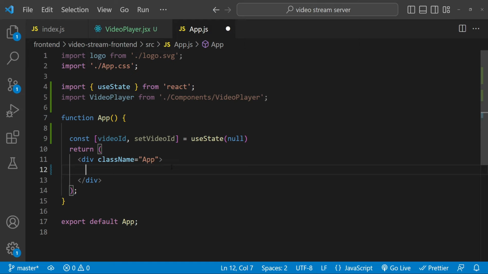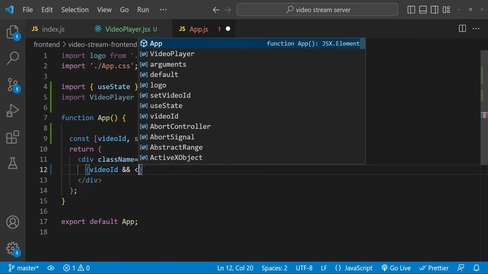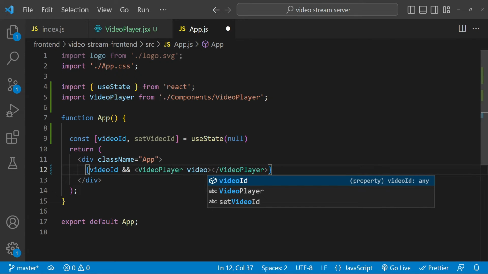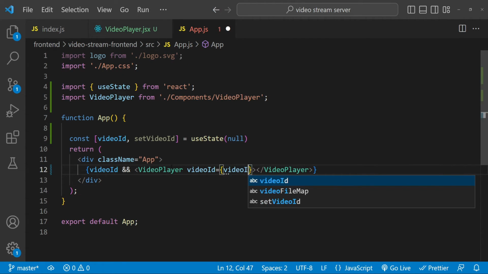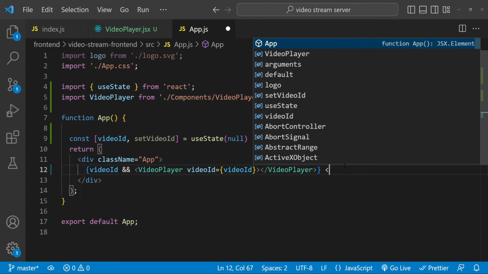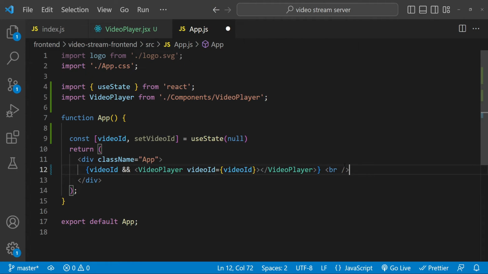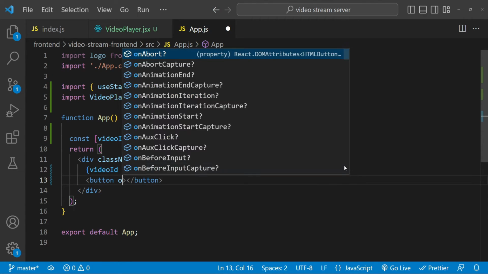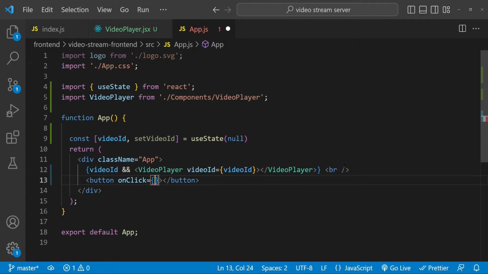Now inside this div we will first check if this video ID is available. If it is, then we will simply render our video player with the video ID prop value, so video ID. Okay, let's also add a line break because we are going to add a bunch of buttons which will help us to play the video that we want to play. So let's create a button, then we will copy paste the rest. So on click equals to, we have to create a function, but for now let's have an empty placeholder. This is going to have the caption of play